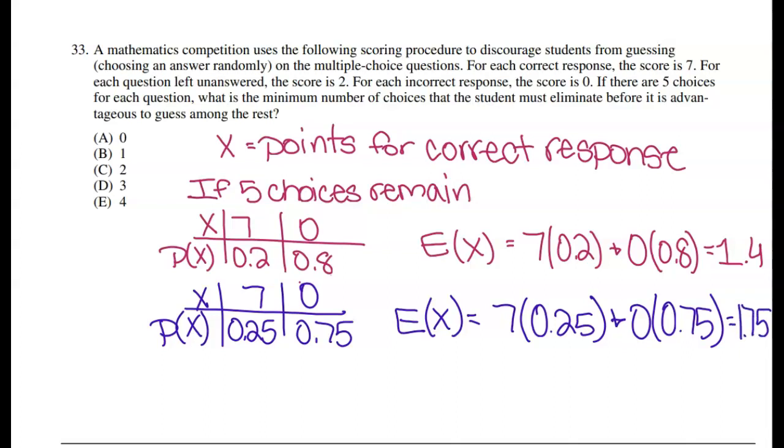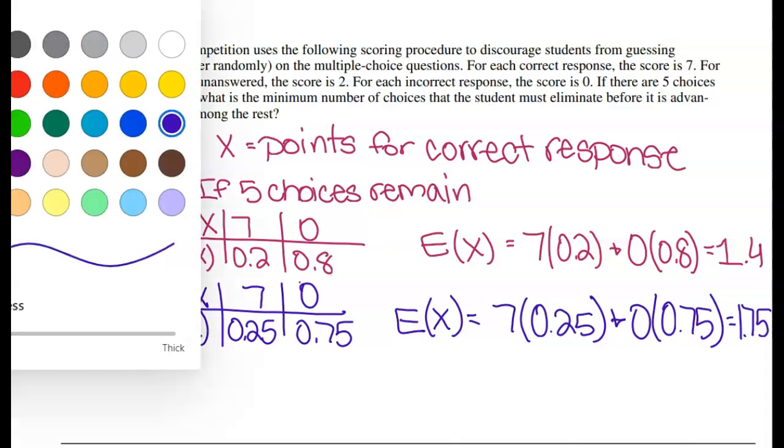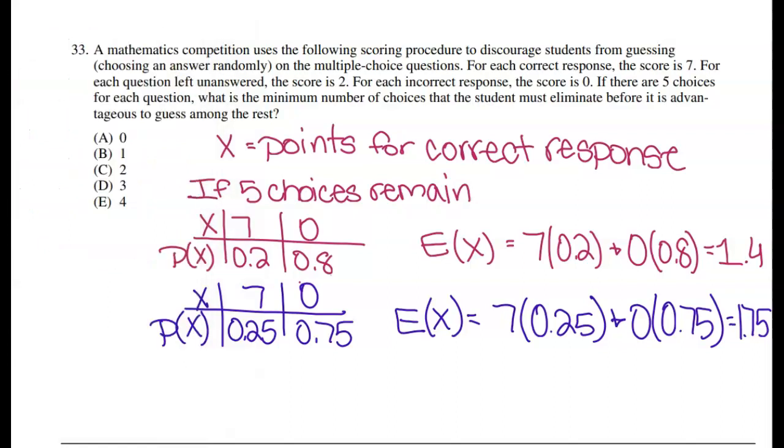And so once again, we would be better off leaving it blank because we would have gotten 2 points for leaving it blank. Now if we do this one more time with 3 choices, I'm going to do that in a different color. For 3 choices,